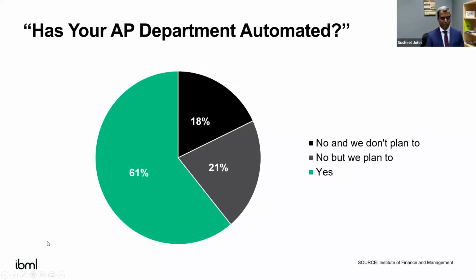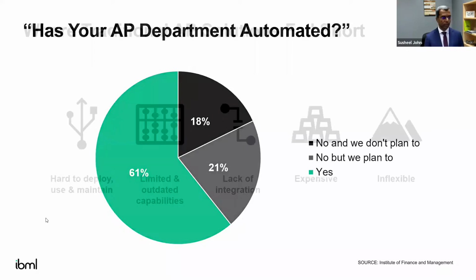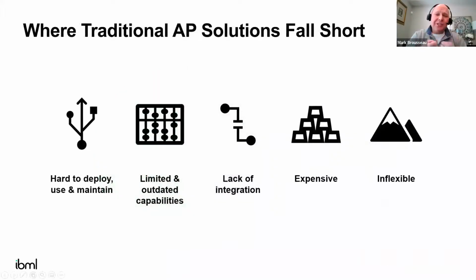Yeah, Mark, that's really interesting. So on one side, we say that 61% of all AP departments have some type of invoice processing technology. But earlier in our conversation, you did mention most departments, I think you mentioned 64%, if I remember right, manually handle most of the invoices they receive. So how are traditional approaches to AP automation falling short of touch-free processing? Yeah, those contradictory statistics, Sushil, really speak to how the needs of AP departments are no longer being met by these antiquated on-premise solutions. And they're really falling short in a couple of ways.